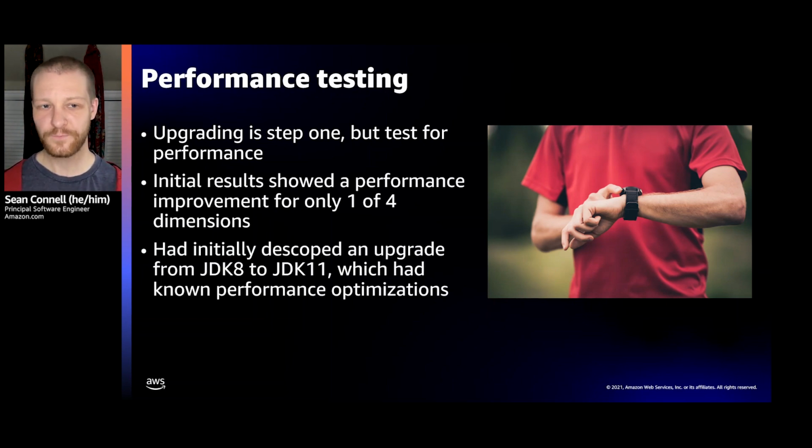One of the first things that came up was that as part of the migration, we had been forewarned that JDK 8 wasn't going to be as performant on ARM as it could be, and JDK 11 was really preferred. But that was a whole other migration that we didn't want to deal with. There was enough work already, so we had pushed that out of scope to be conservative and get things done. But it was now coming back to haunt us, and it looked like we were going to have to deal with it.